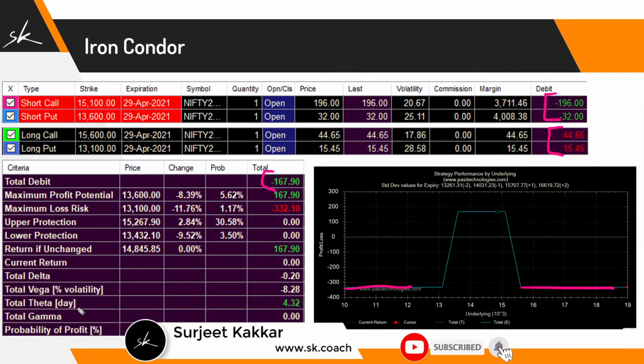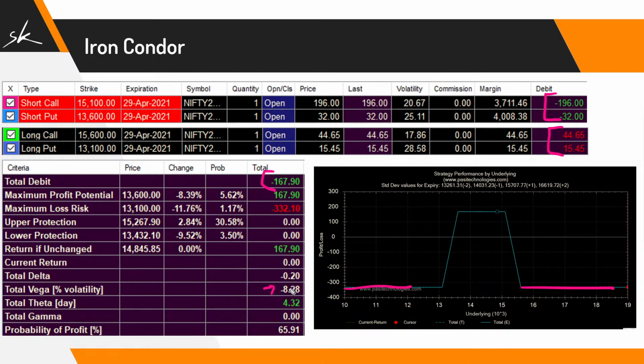Now if you look at your Vega, initially, when we were doing the short strangle, our Vega was somewhere close to 19, and now we are almost close to half of it, which is 8. So in case the volatility increases, it's not going to hurt me a lot. Why? Because we have reduced it by 50%. You can see Theta is still paying me, because the value of Theta will also go down, but I'm still getting around 4 rupees from this. And this is what an iron condor is all about. So what you do is you add the offset units. By adding those offset units, you make this strategy limited risk and limited reward, still collecting some premium.